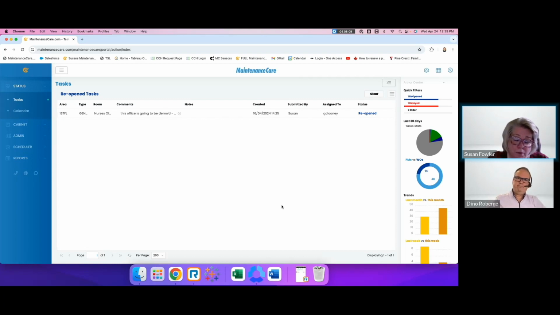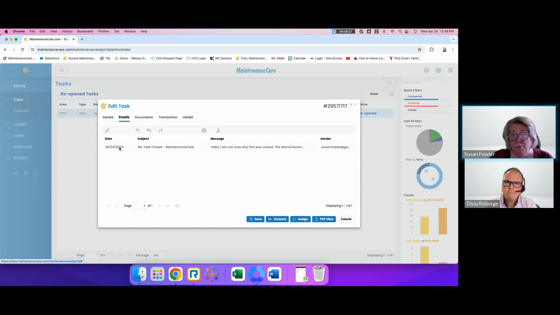Well, the person who got that notification can respond to that notification email, which means that in the maintenance care system, if you haven't reopened the work order, then it would flag it for an email response. So then if you go to your reopened, there will be an email here